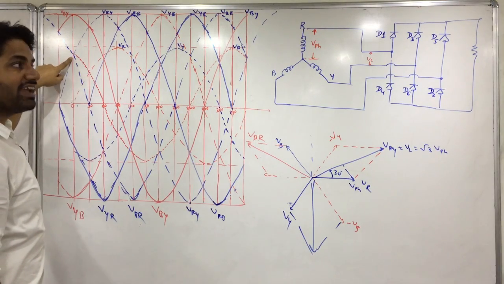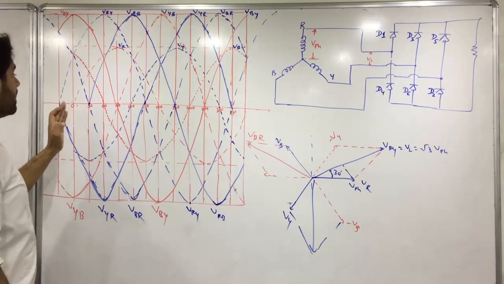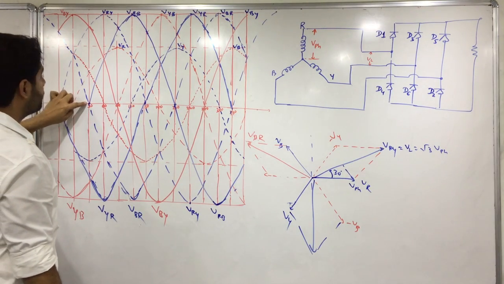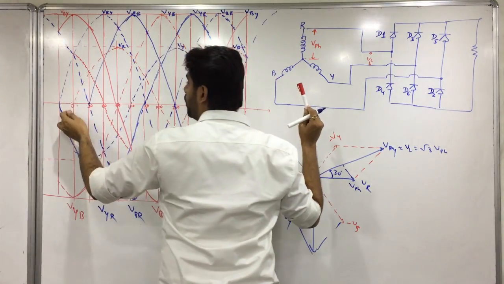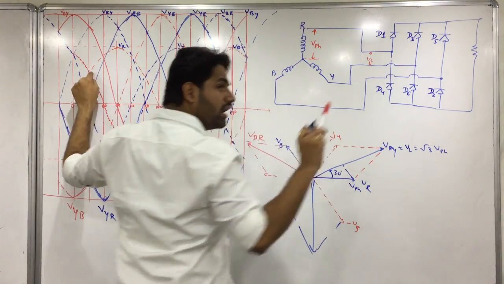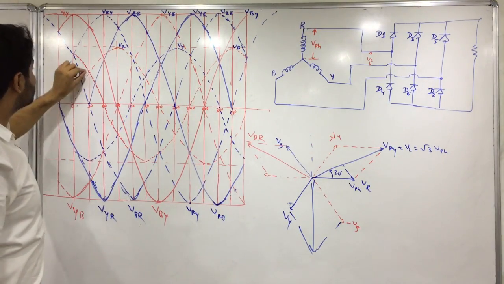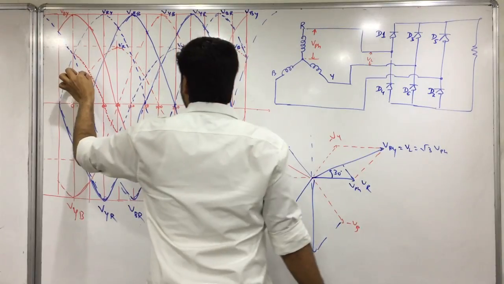Okay, at this instant. Gradually when the instant is moving, when we come to 30 degrees, the voltage of VB and the voltage of VR become equal. Okay, yes or no? And at this instant, this